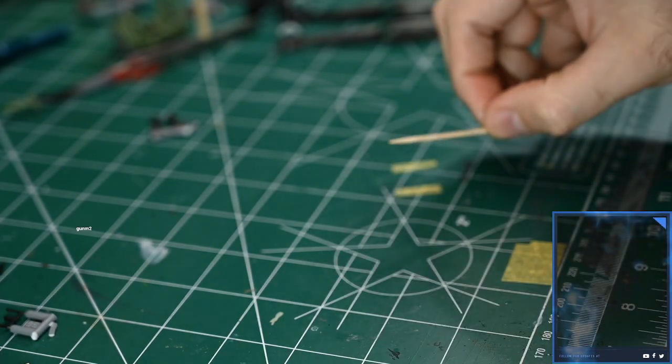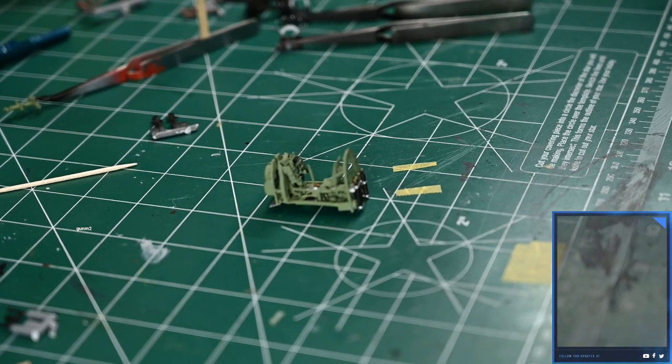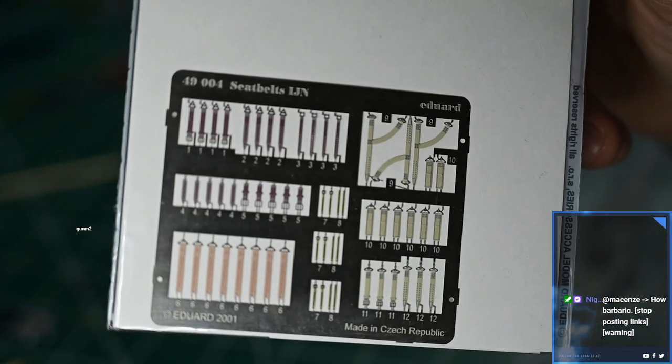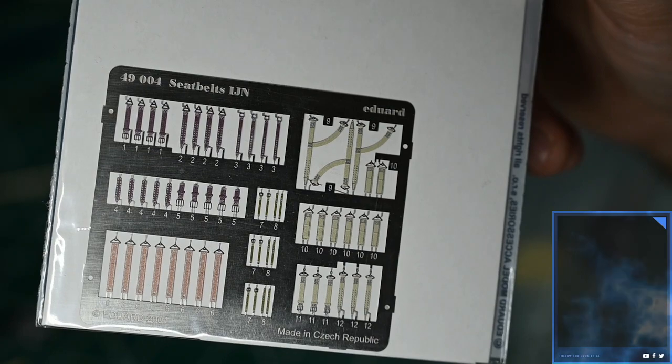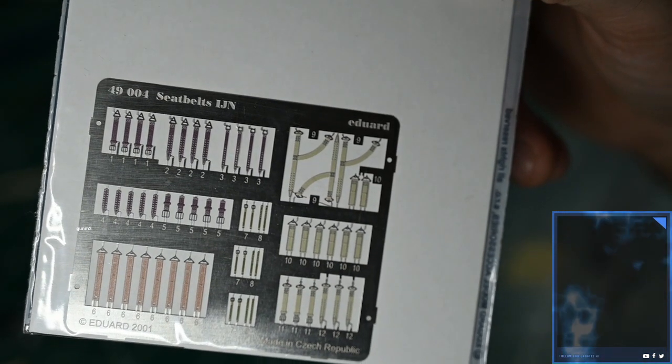Alright, so I think what I want to do now is actually add the belts to the cockpit. So I have some belts that I got. They're just generic belts that can be used for Japanese naval aircraft of this era. So instead of using the...